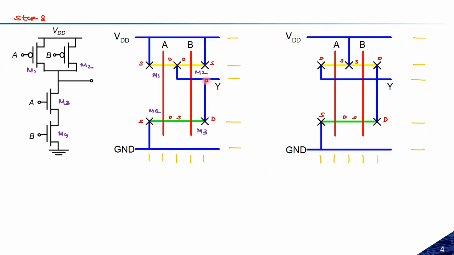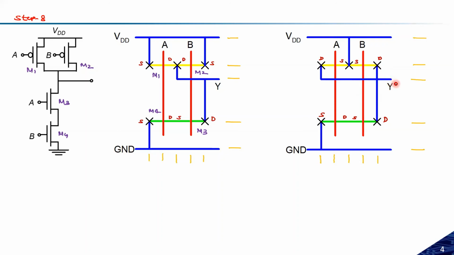Sir, can you repeat that point again? Yeah, so see here, in the first case, this output is connected with the first path from where it is getting the diffusion, and the second path from where it is getting the diffusion. So in summary, we have two components for the diffusion capacitance. Here we have three components: one component is here, one component is here, and the third component is here. So the effective diffusion capacitance at output will be higher in the second case.